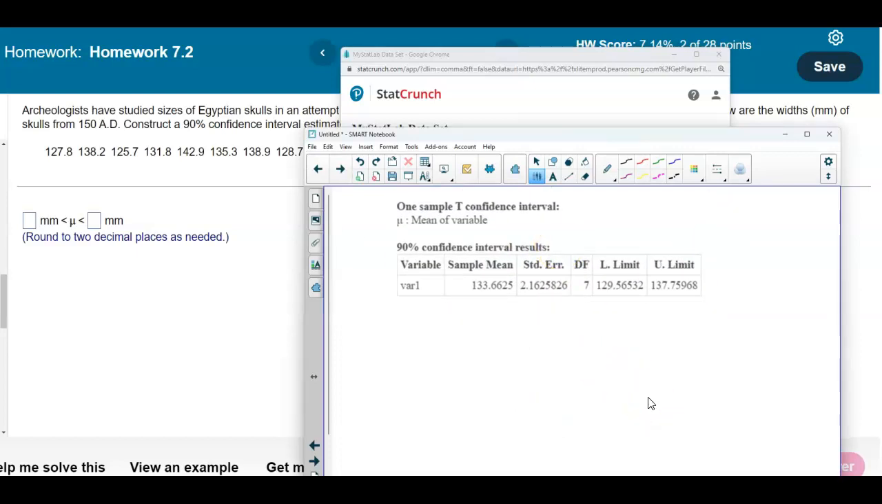So here you can see that we have our sample mean. Then we have the standard error. You can also see the degrees of freedom. And then we have our upper and lower limit. So with our upper and lower limit, it says to round to 2 decimal places. So if we round this to 2 decimal places, it's going to give us